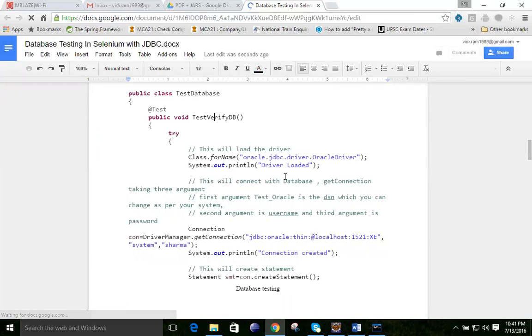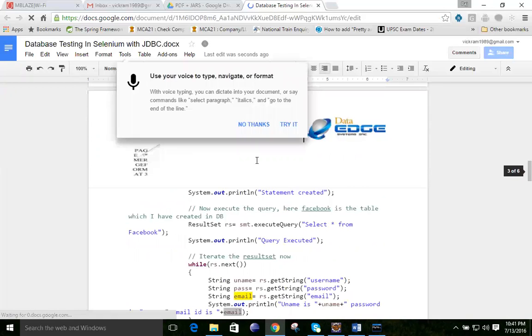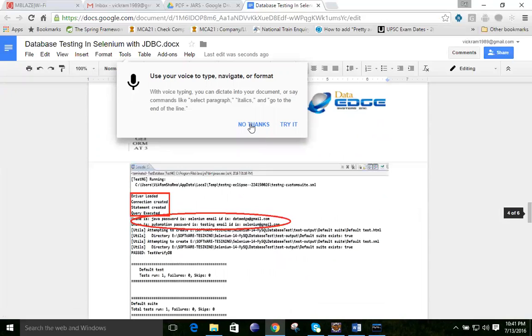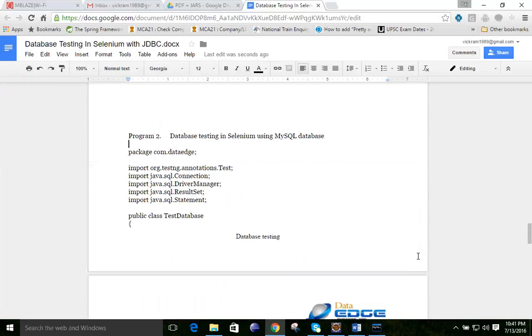It is loading very slowly. Yes, see the second code for MySQL.